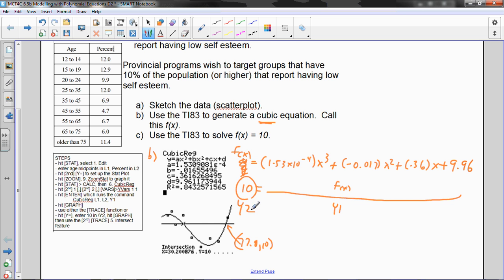So what does this mean? This means for those are the two values. X equals 30.2, and notice it looks like it's going to cross over there, but that's okay. X equals 77.8. So the question is, what ages should the government target these populations? Well, notice for anybody less than 30 years old, they have a higher percent low self-esteem, and anybody over 77, they should target